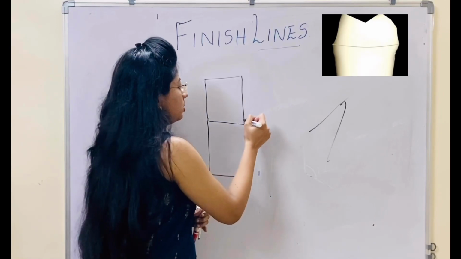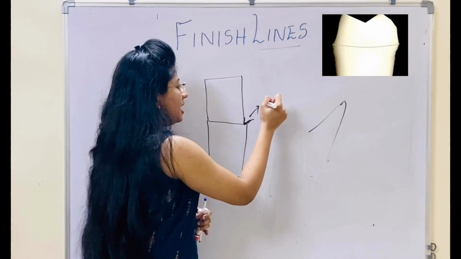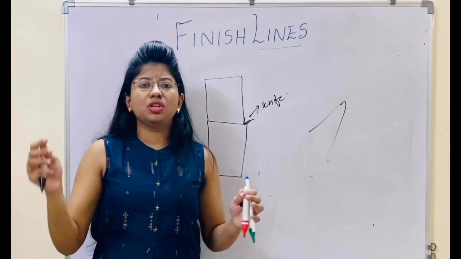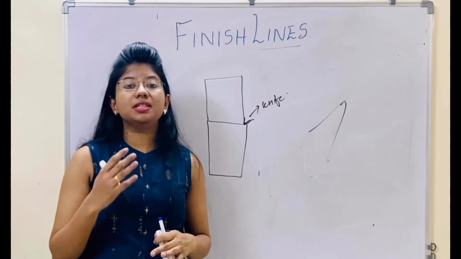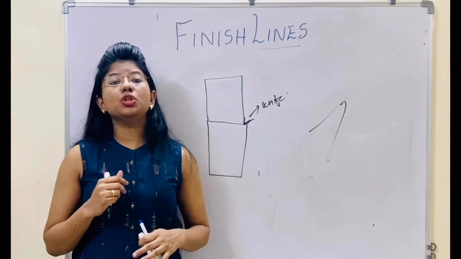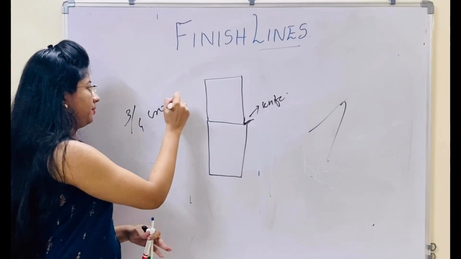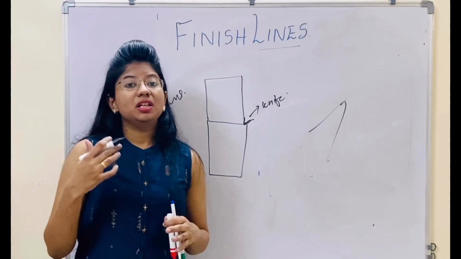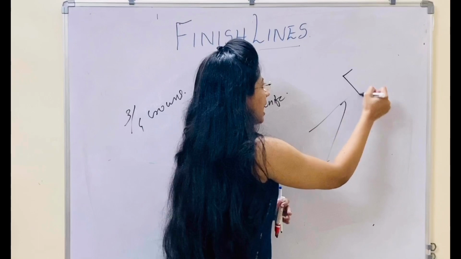So this is the tooth and this will be your margin. It will be like an edge of a knife. That is knife edge, or it is, you can say, feather, small touch. That's why it is called as a feather edge and is the most conserved one. Where it is used? In cases of 3/4 crowns. Then comes the next, chisel edge. Have you seen the chisel? The chisel has something like this end.